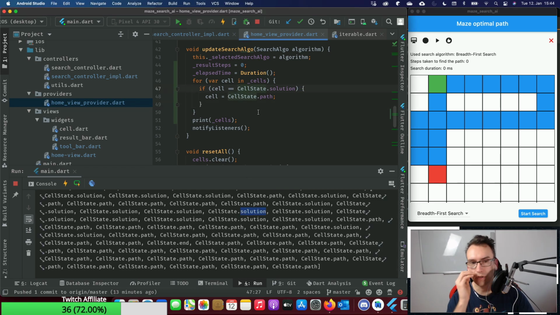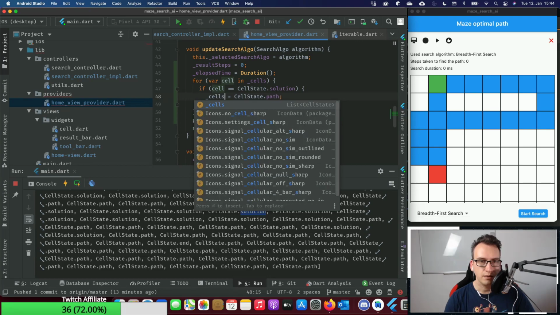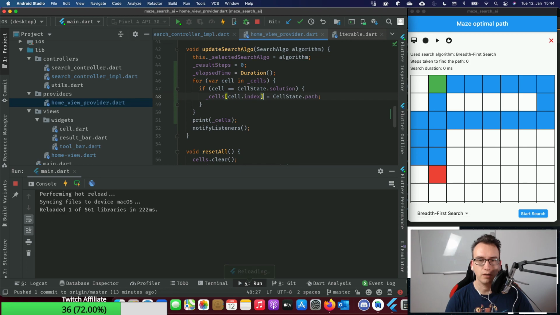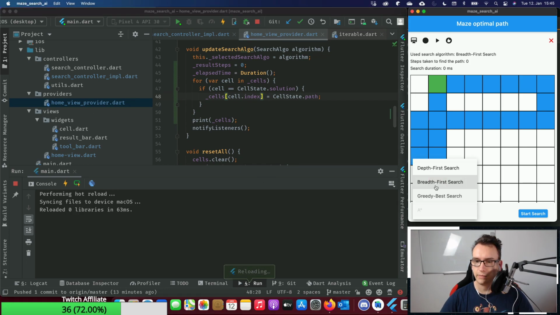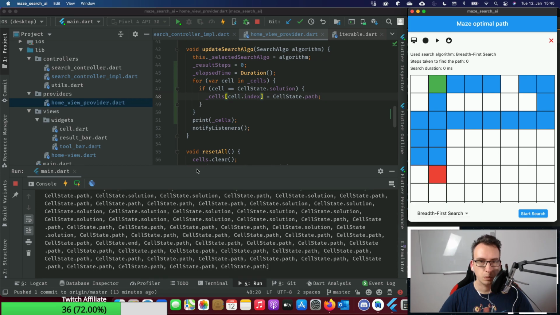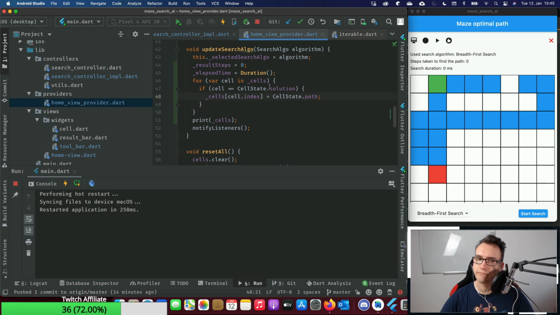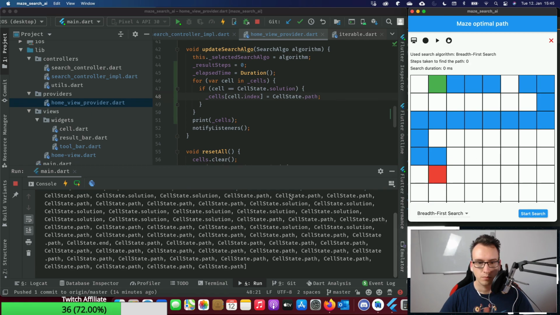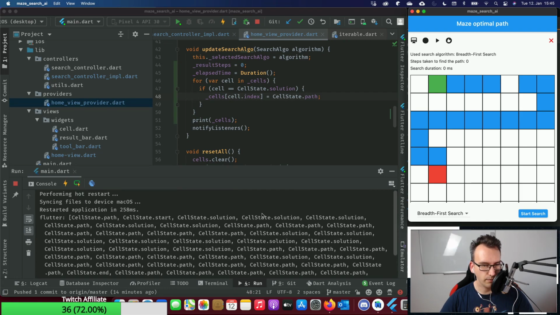Still not mutable. Okay, so we don't change it correctly. All right, so what we want to do is take cells and use cell.index to find the position, and then we override it. So it removes it from one location, but not from all of them.